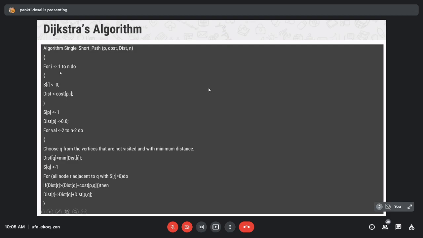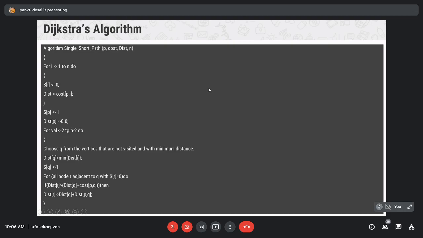If you want to find the time complexity of this algorithm, from the first loop you can clearly take omega n time. And to choose the q, it will also take omega n time because it involves finding a minimum in the array.